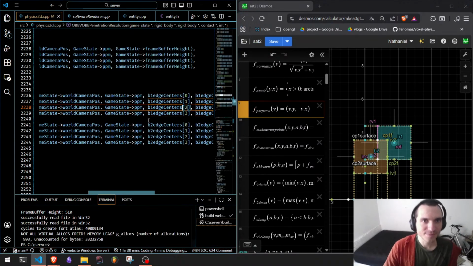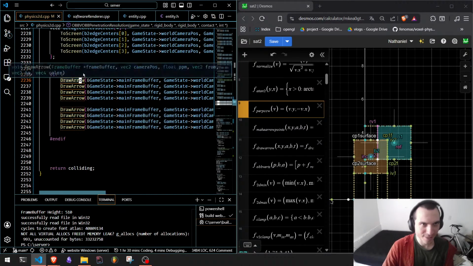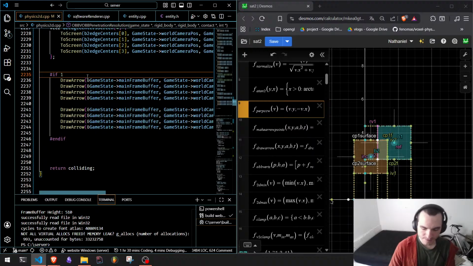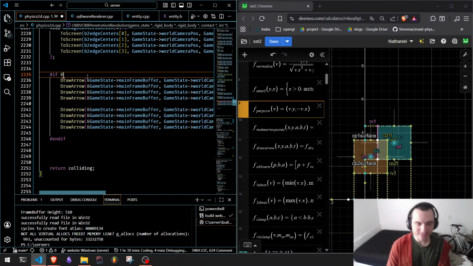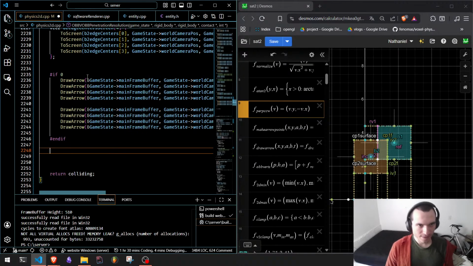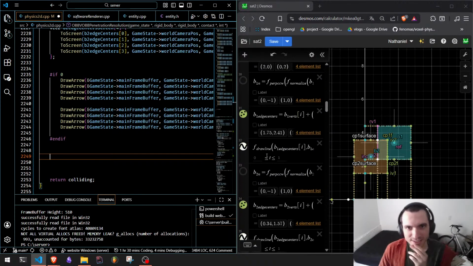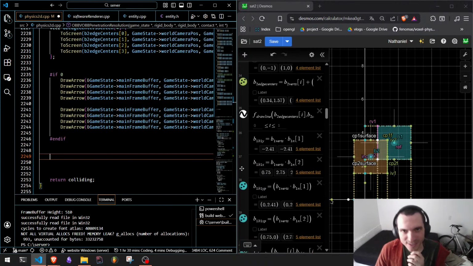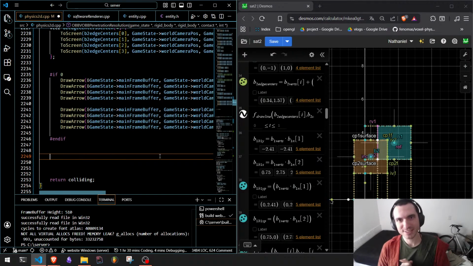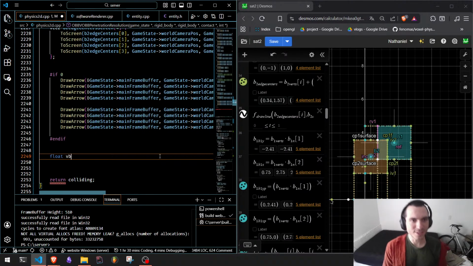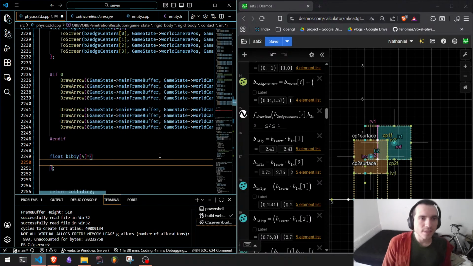Okay. So, let's comment out that. So we have the normals, we have the vertices, the edges, the normals. Now, I think we'll just start doing all the projections. Edge centers, normals. Yes, okay, so we'll start doing the projections. And I think we can just call it float box 1 to box 1y projections. And this will be